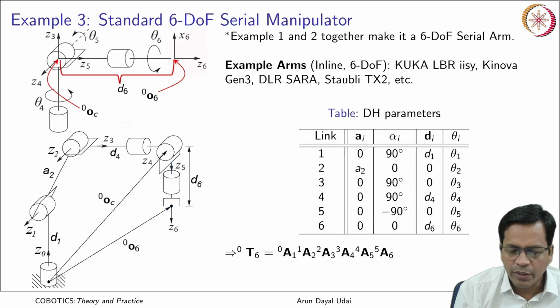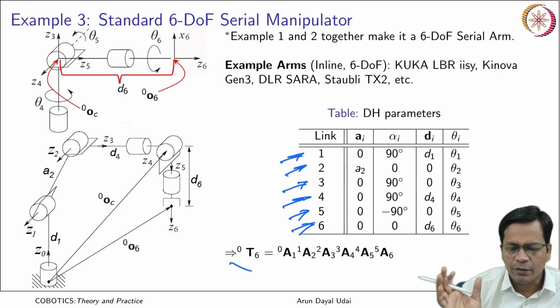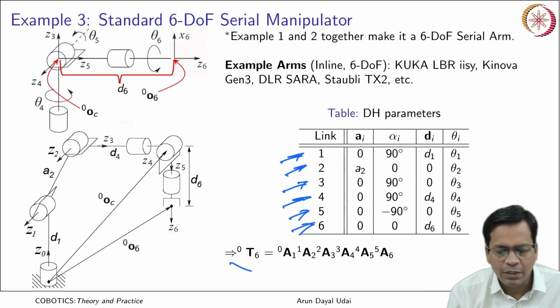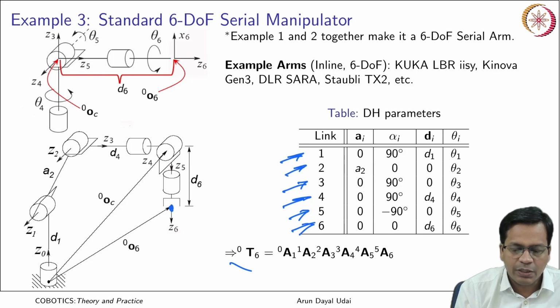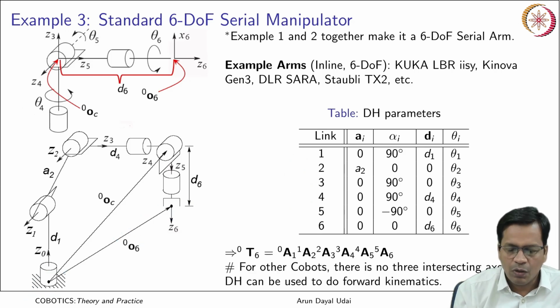Okay. So when you put all the DH parameters into the link transformation matrix and take the product, you should be getting the end effector pose, that is the position and orientation, that is the homogeneous transformation matrix that would represent the state of this end effector frame. So it gives you this as well as the orientation of the frame which is sitting here with respect to the robot base.